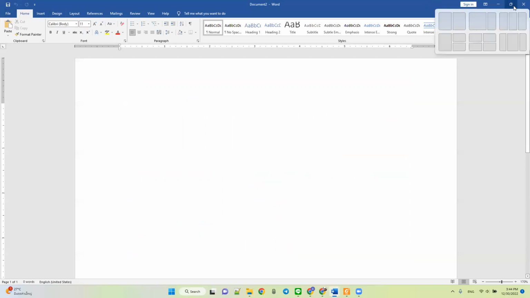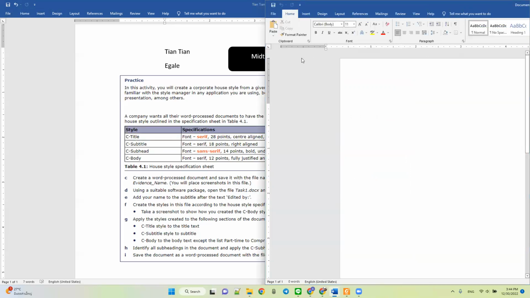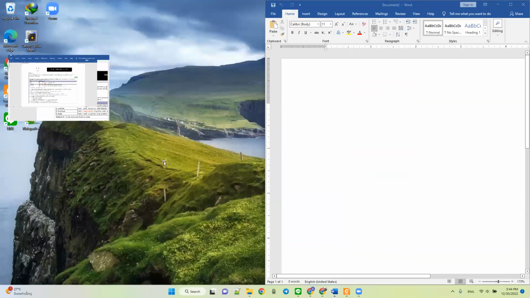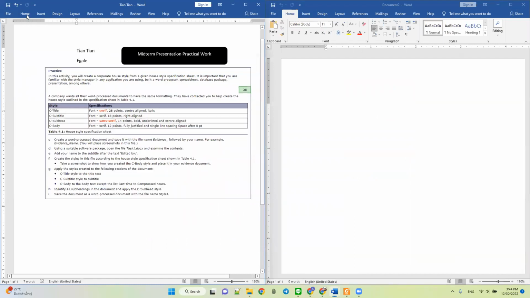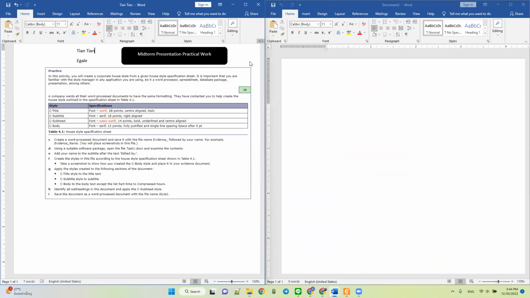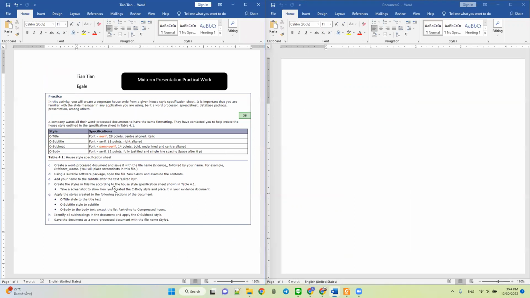And what you are going to do is save this file. I'm going to split the screen so that it will be easier for doing this. There we go. Now it's better. I just need to save this file. Okay, let me click File,